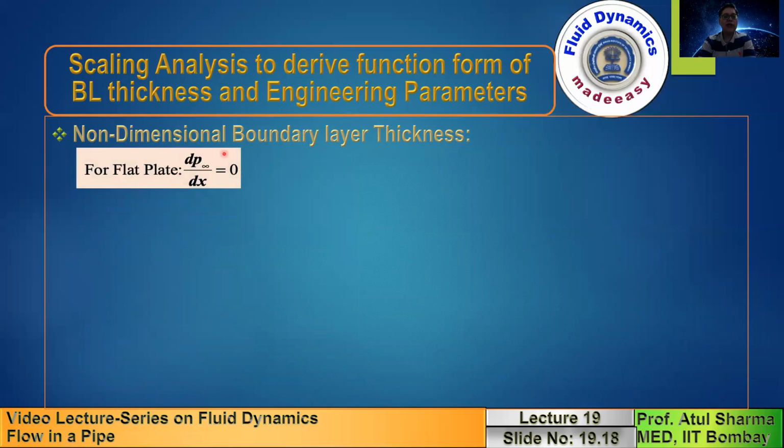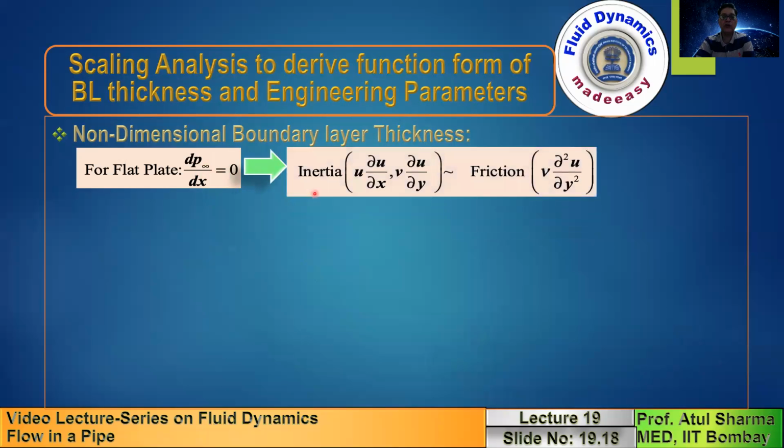For flow over a flat plate, the pressure everywhere is ambient, so dP infinity by dx is zero. If you consider a curved surface instead of a flat surface, then you have a variation of this pressure outside the boundary layer along the x direction. So P infinity varies with x for a curved surface. But for a flat surface there is no variation, and this pressure gradient is equal to 0. So when the pressure gradient is equal to 0, there is a balance between the inertia force and the friction force. And if you do a scaling analysis, the order of magnitude of u del u by del x is